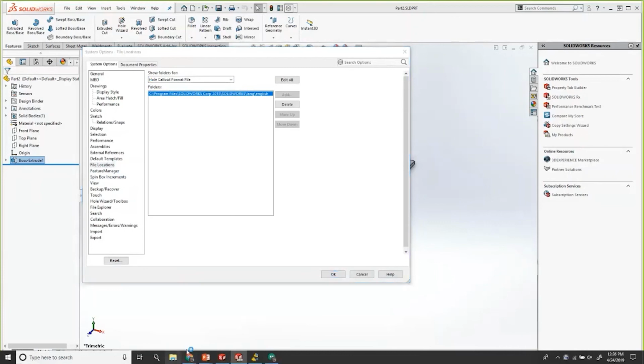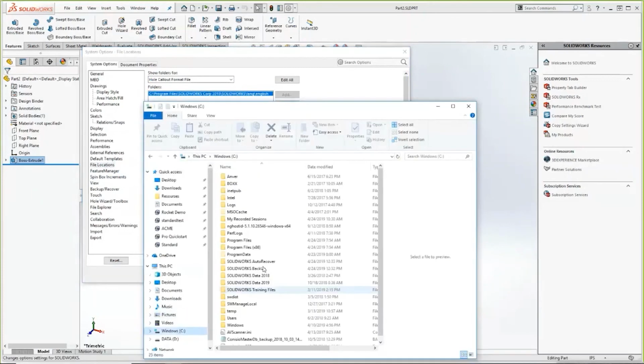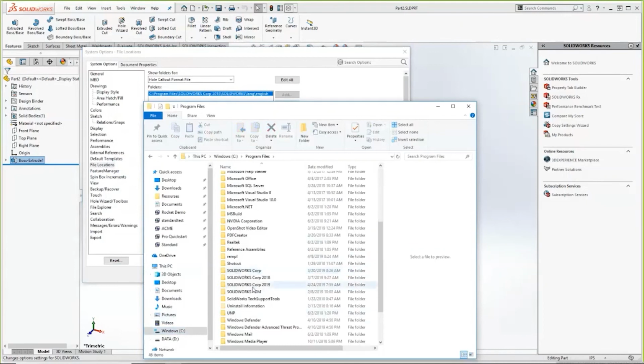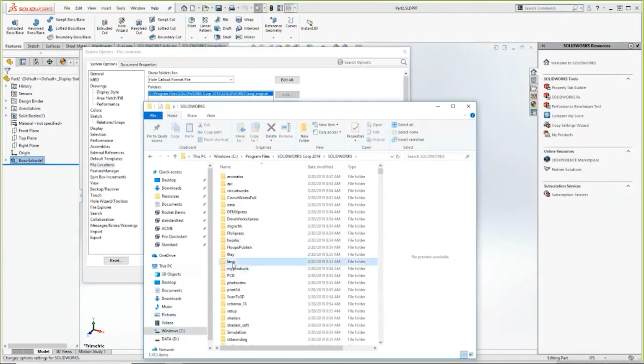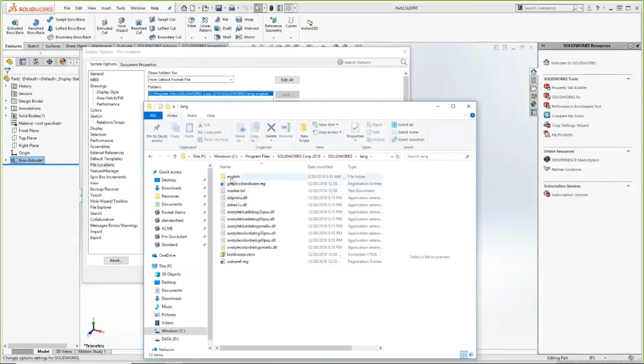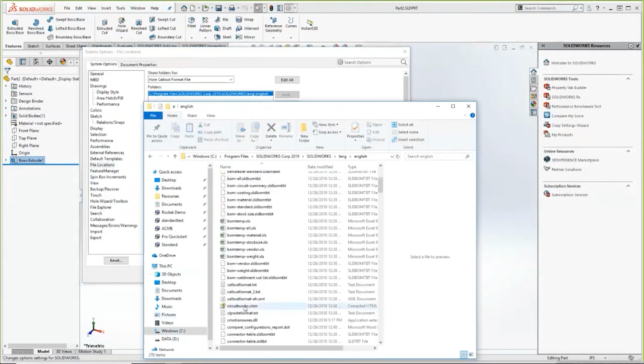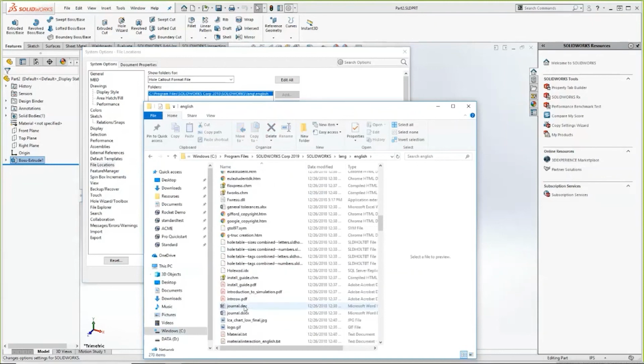So I'd go into my program files, SolidWorks Corp, SolidWorks, Lang, English, and I'd look for this. It's called a GTOL sim file. I must have accidentally upgraded my 18.1 to 19, so actually it looks to be located